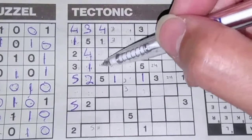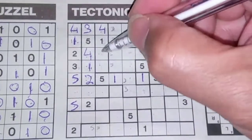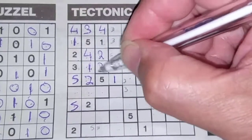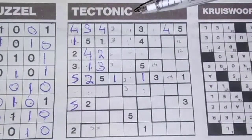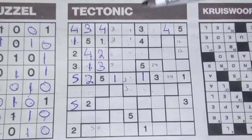The 2 and the 3 are missing. We have a 2 here, so no 2 there. 2 should be here, and the 3 goes there. And now,